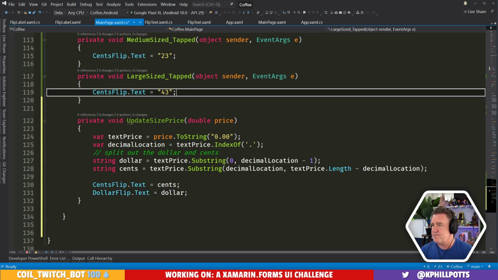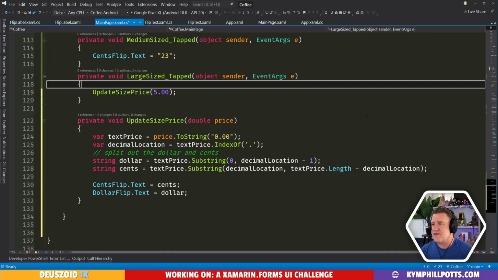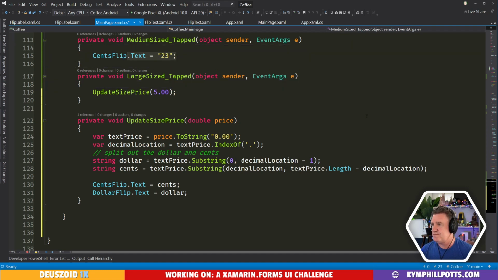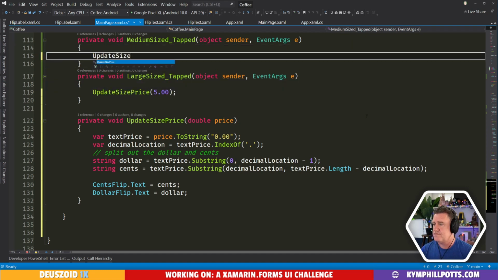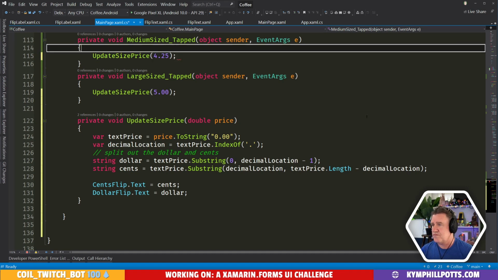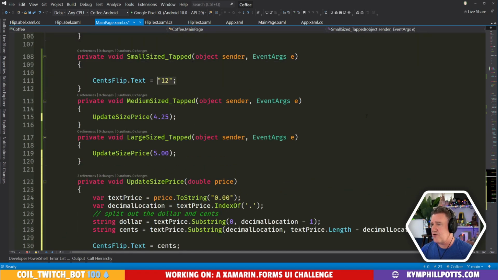And here we'll say, a large is going to cost us $5. And once we have this kind of working, we'll refactor it. It's all very hard coded at the moment.